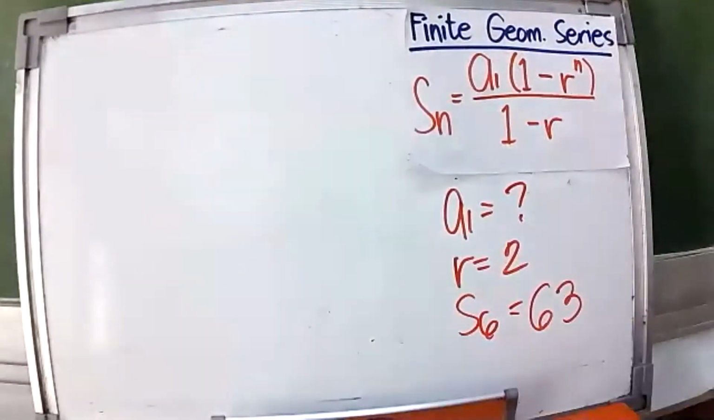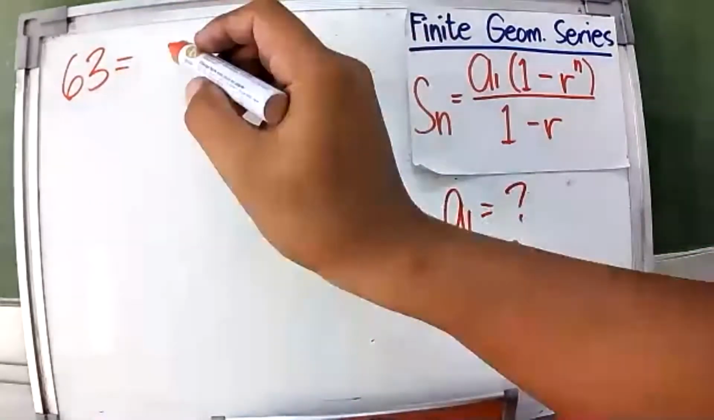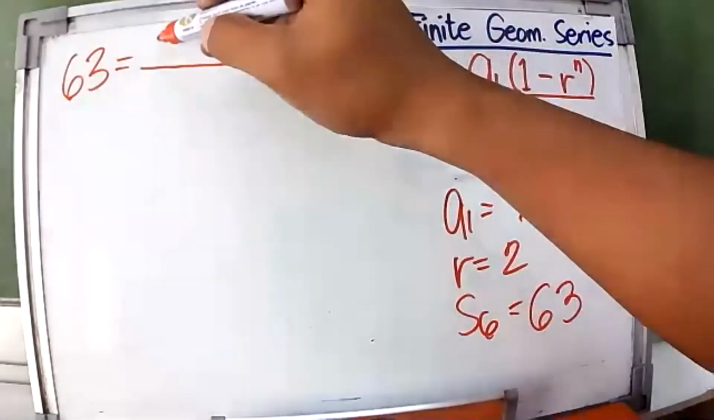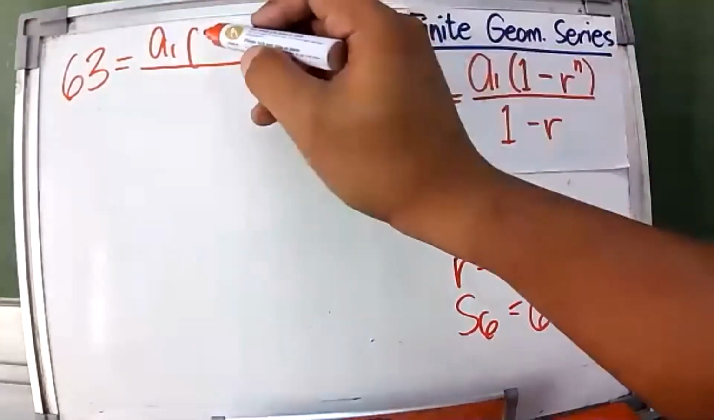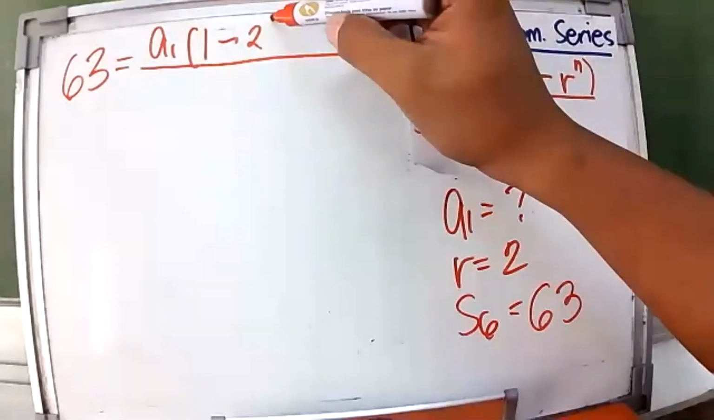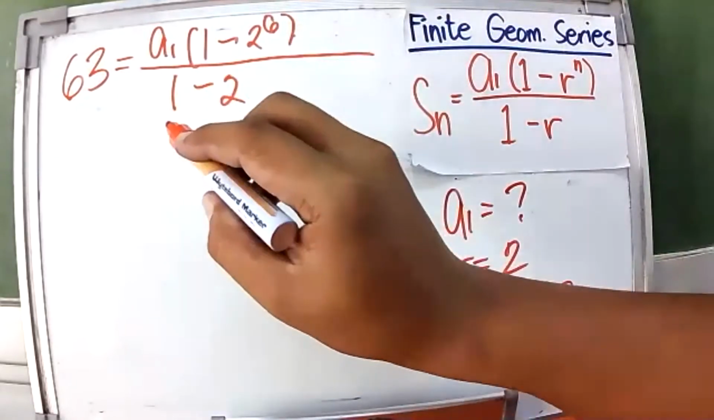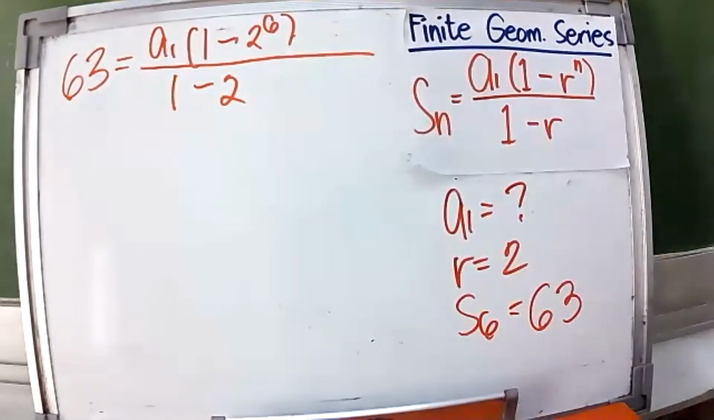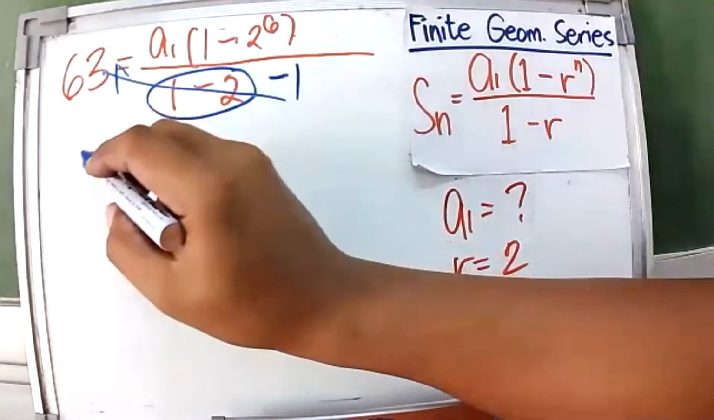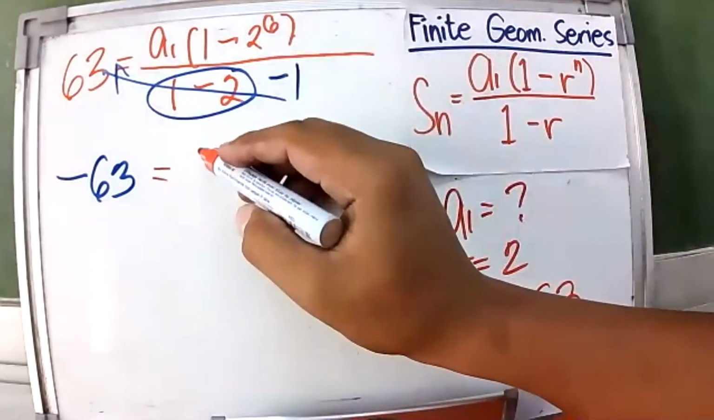So we have here S sub n is 63. That's our S sub 6 is equal to, remember, our fraction bar should always be aligned with the equal sign. A sub 1 is unknown times 1 minus 2 raised to 6, over 1 minus 2. Okay. Now we will have, this is a shortcut, this is negative 1, cross multiply, that's negative 63. Is equal to A sub 1